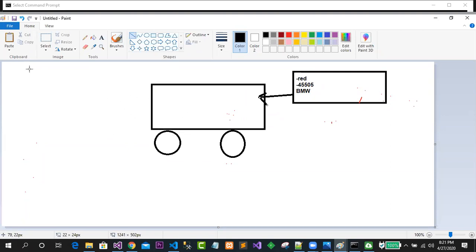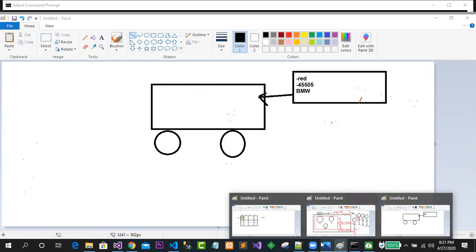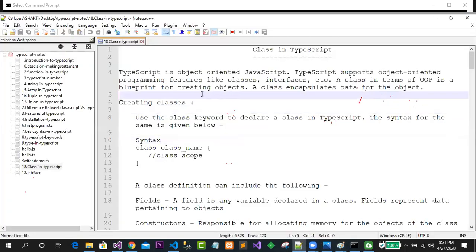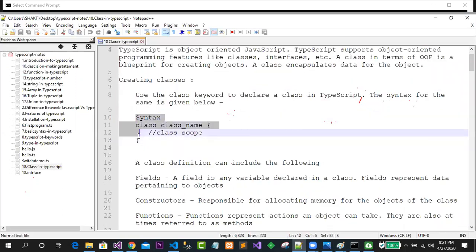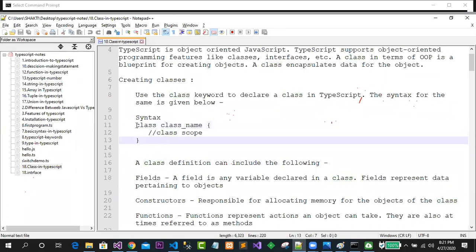This is quite easy to understand. In all programming languages you must have gone through the class and object concept several times. In here also we will try to understand how exactly class and object are going to be used in TypeScript. Let me quickly go to my notes. In that note it is already written, and the syntax is very simple. Whenever you are taking care of any class in TypeScript, you write it with the keyword class. But remember, this class keyword is not supported in JavaScript.